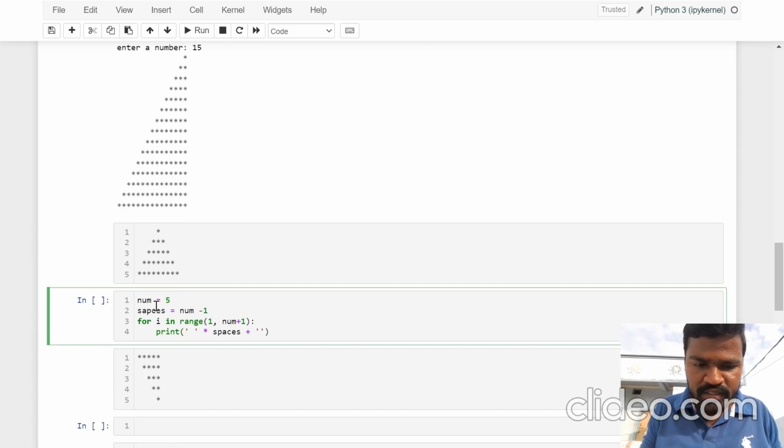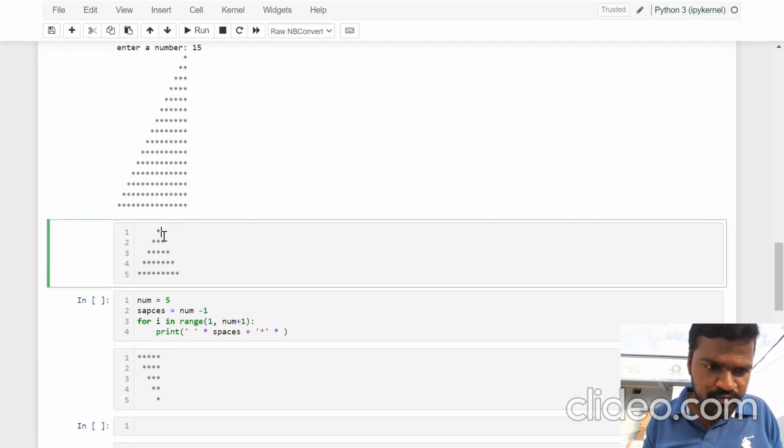So I will be getting the star, and this star will be multiplied with what, that we need to understand here. If you observe this pattern, first we have one star, next we have 3 stars, next we have 5 stars, next we have 7 stars, and next we have